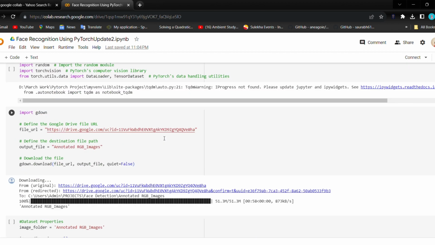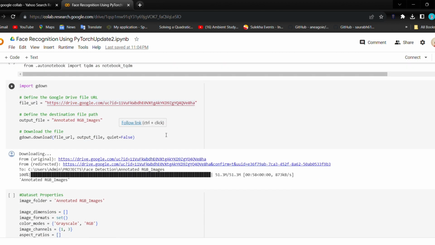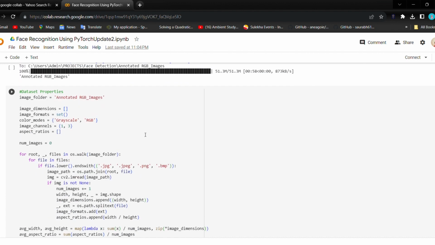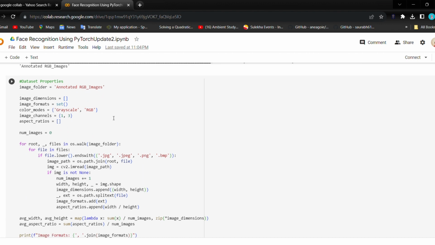Here, we download a file from Google Drive with the specified file ID given in the URL and save it with the name annotated RGB images in the current directory. When it comes to the dataset properties, we compute and print various properties of the images, including their formats, number, average dimensions, color modes, channels, and aspect ratios.